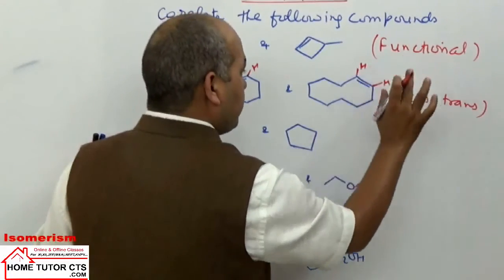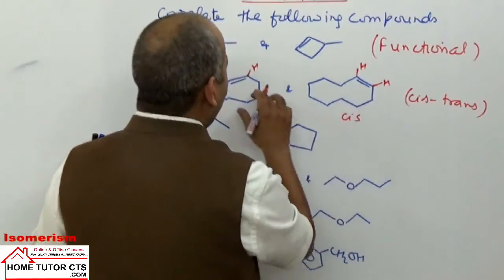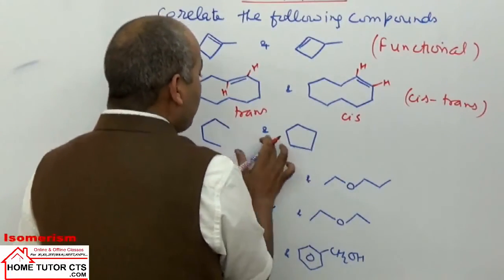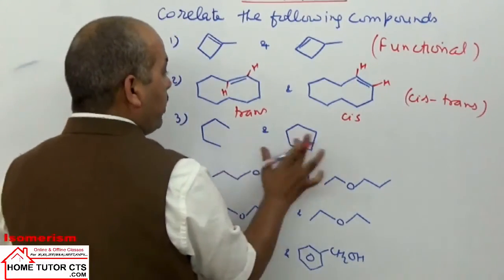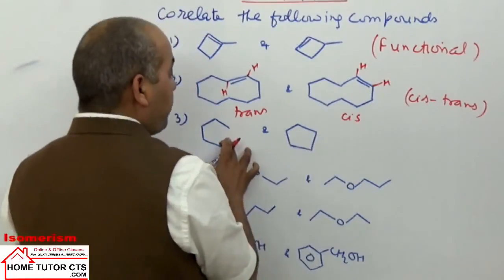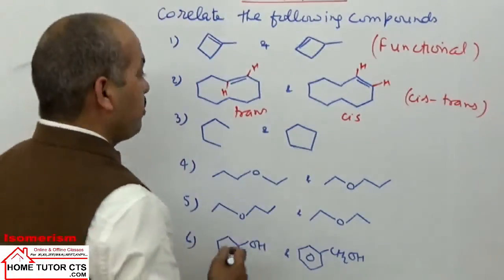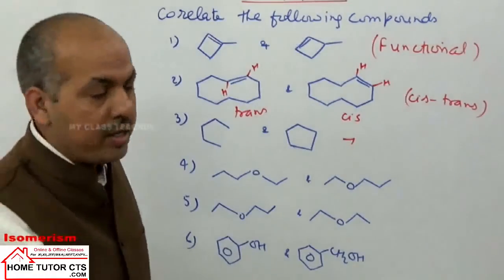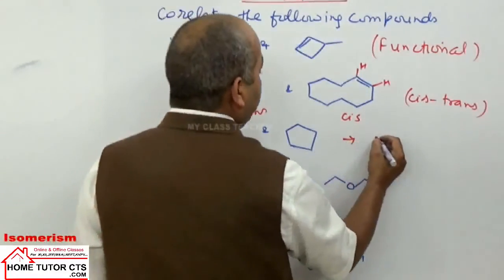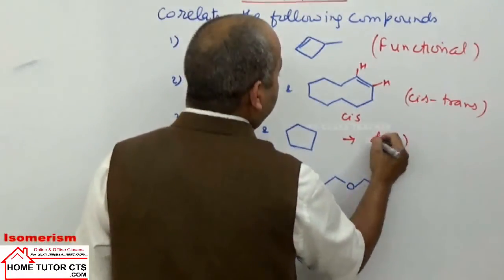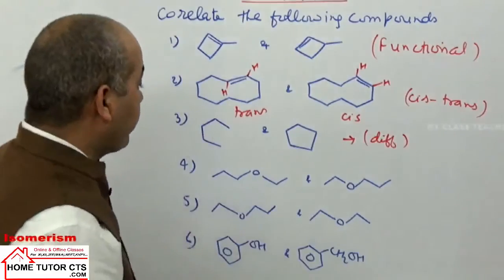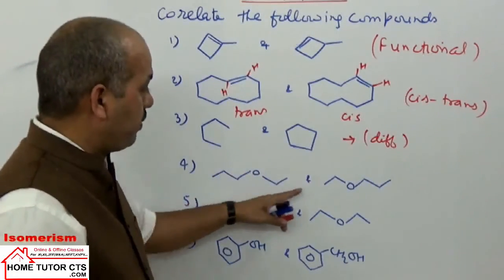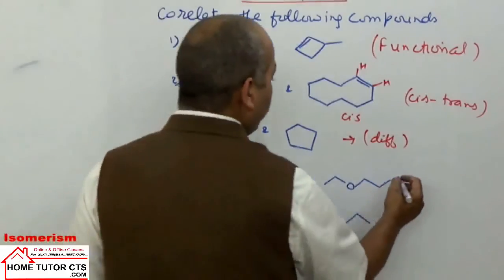It shows cis trans isomerism, also called geometrical isomerism. You have two hydrogens on the same side, so cis. Two hydrogens opposite, so called trans. In these two cases, they have the same carbon atoms only, nothing else. They have a different number of hydrogen atoms. So when the compounds do not have the same molecular formula, the compounds are taken as different compounds. These are different compounds. If we take the next one here, what is the name? 1, 2, 3, 4, 5. Ethoxypropane. Ethoxypropane.